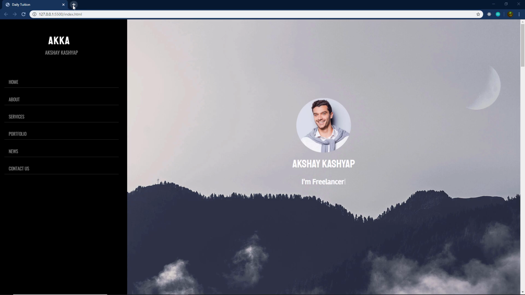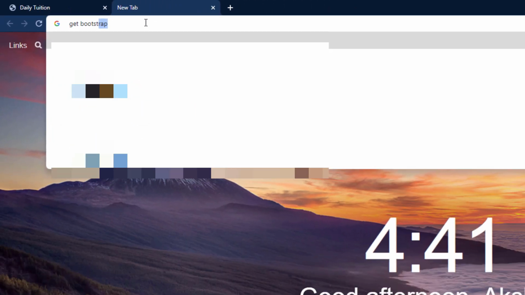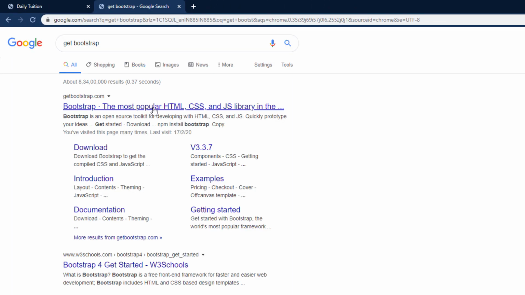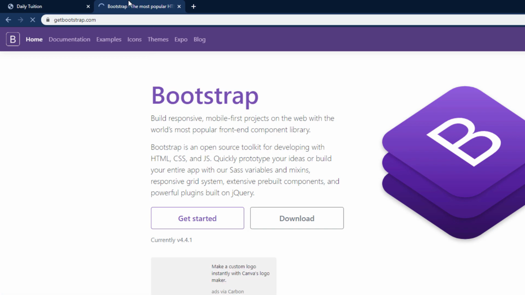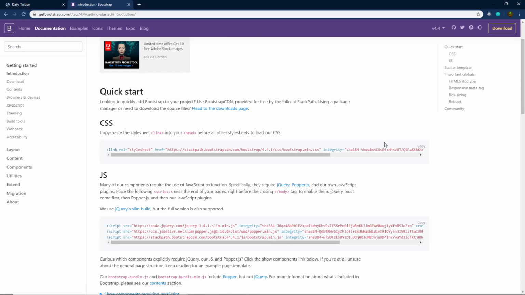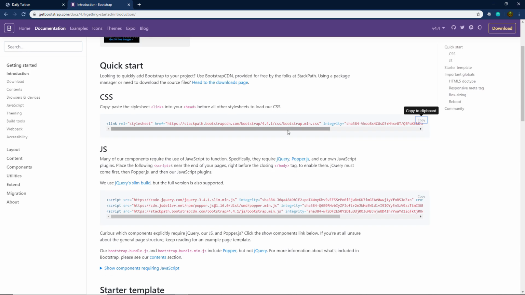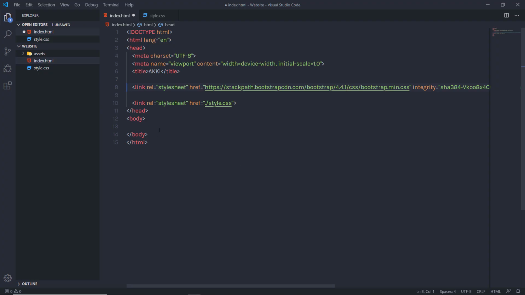So I'm going to first open a new tab and just search for get Bootstrap, and I'm going to just click on this first get Bootstrap website, and I'm going to just get the current version of the Bootstrap. So I'm going to copy this CDN, copy this CSS file, and I'm going to paste this CSS file before this CSS link. So I'm going to paste this CSS right here. Just out of that, I'm going to copy these JS files and paste it just before this closing body tag